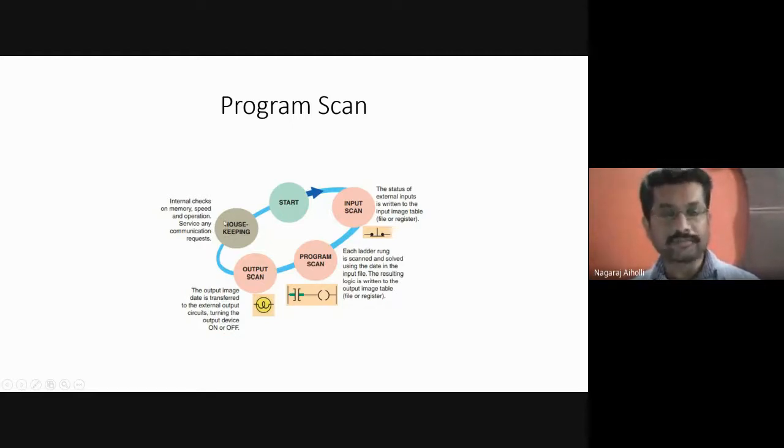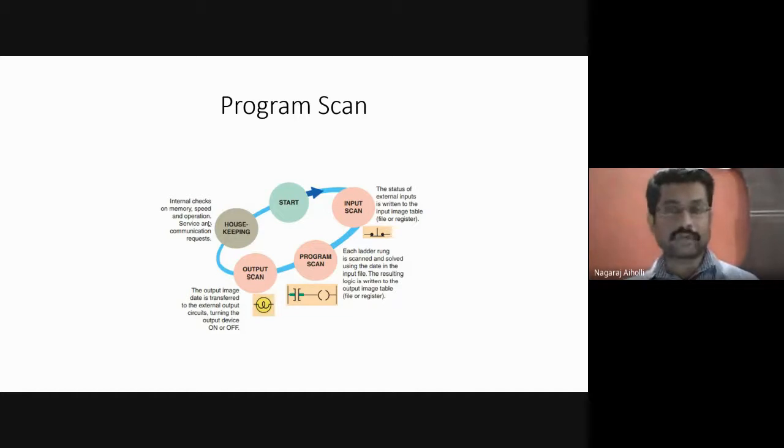Then finally, we also have the housekeeping duties, such as the internal checks on the memory and speed. That is, it performs certain checking operations. When you turn on the computer, what will happen? Suppose the computer is in off state, and you switch it on. It performs all the housekeeping operations first. It initializes certain memory locations. It checks whether the values are stored in the memory locations or not.